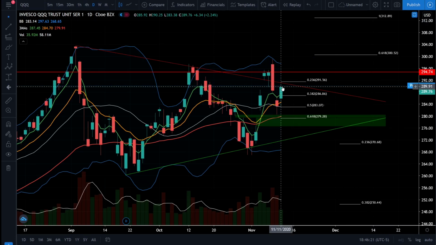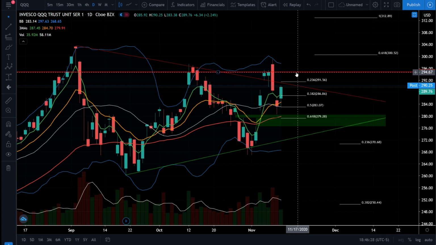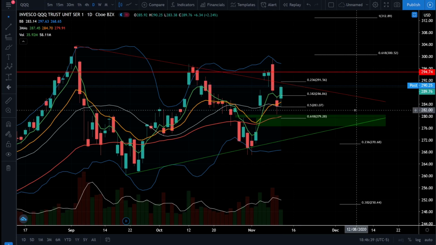So remember, in order to get to those price targets, we need to break out of these resistance levels somewhere around $291, and then we'll have another resistance level somewhere around $294. So only time will tell if we see the Nasdaq 100 heading higher, and if tech does start heading higher and we don't start getting a dip on some of the other sectors, the S&P 500 is likely to just keep melting up before we finally see that dip.